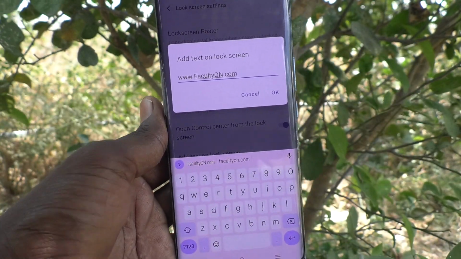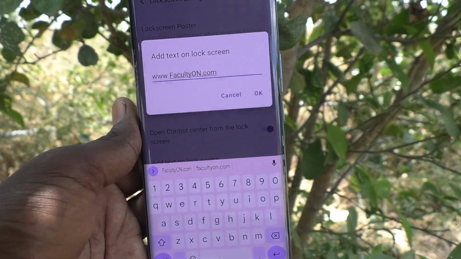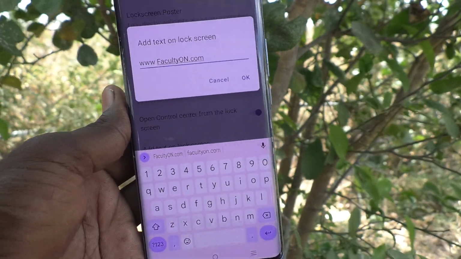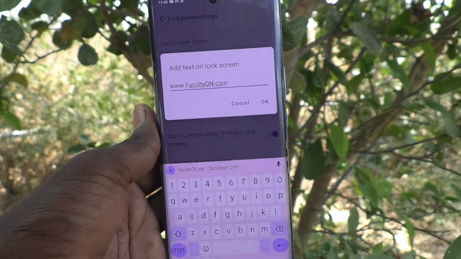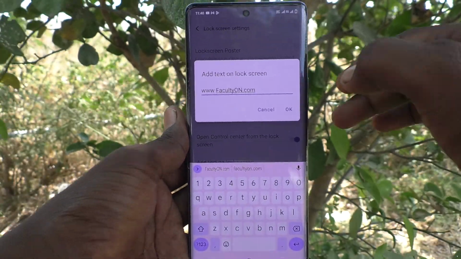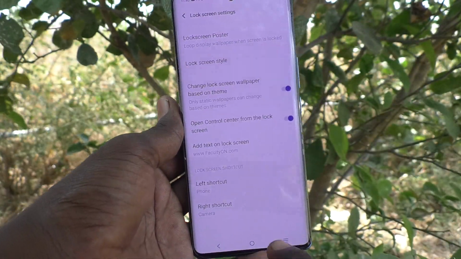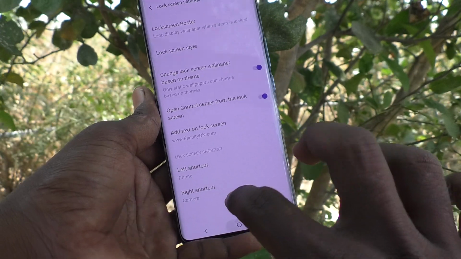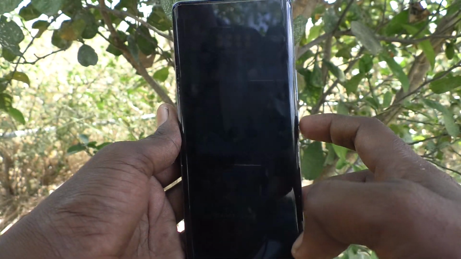You can include any name here, your business name or your name or your child name or your relation name or your wife name or your friend name or whatever you want. Just you can type here and click on OK and go to home screen, then put lock in your phone